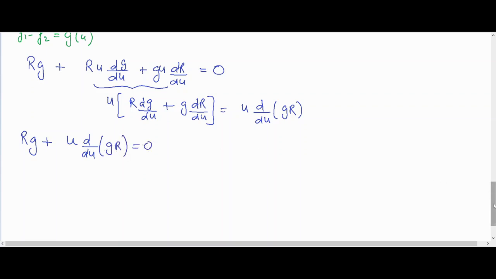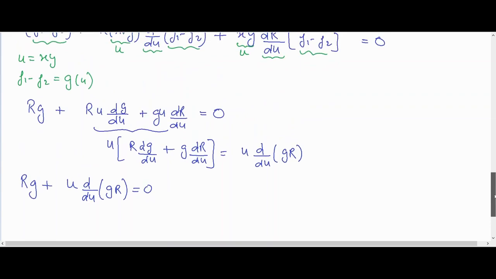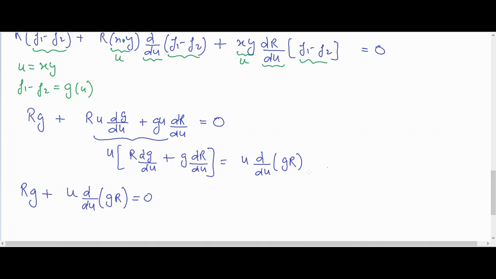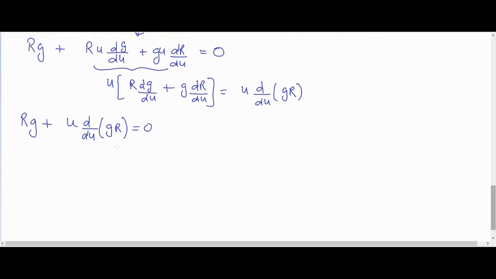Now one important thing while doing this type of calculation is knowing which thing is a function of which variable, right? Like from here on, after this equation, everything is a function of u only. That's why we are able to do all these derivations and the compaction of these terms. So anyways, now we have this equation,